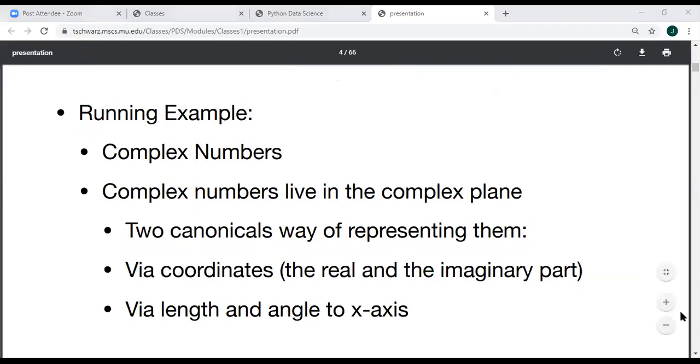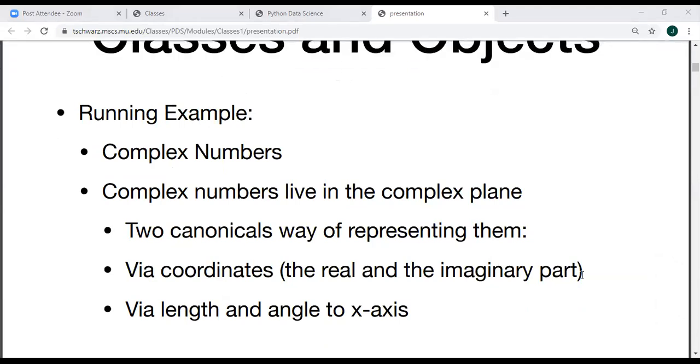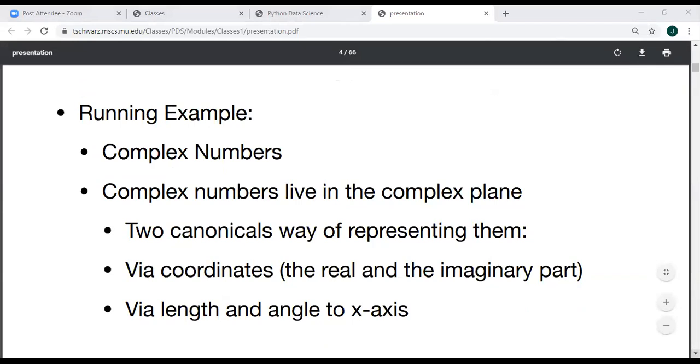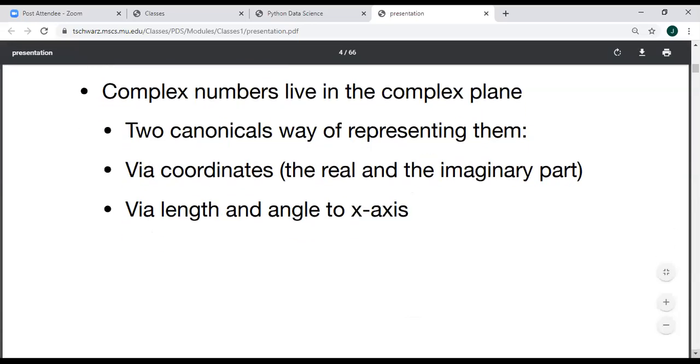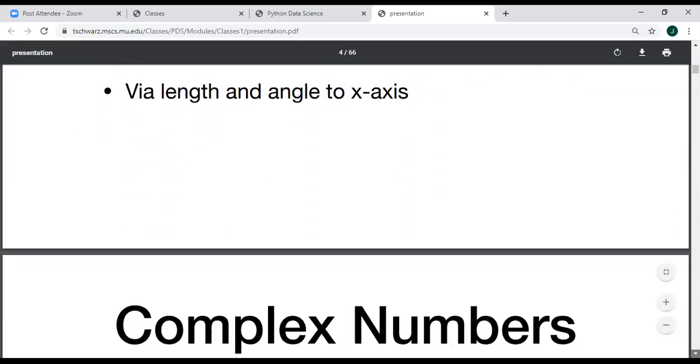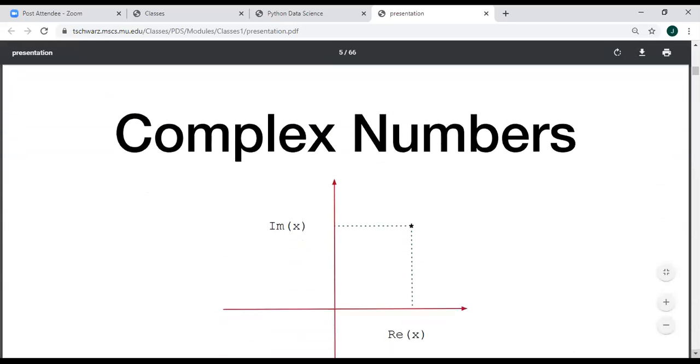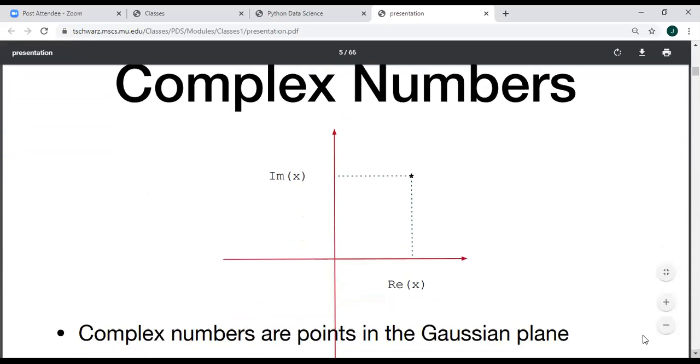In order to find out the length of a complex number, the formula which we have is square root of x square plus y square. So I'm going to use these formulas. I just want to show you the gist of what I'm going to cover. We have a different way of representing the complex number. You can see that on the x plane it is real, on the y plane it is imaginary.